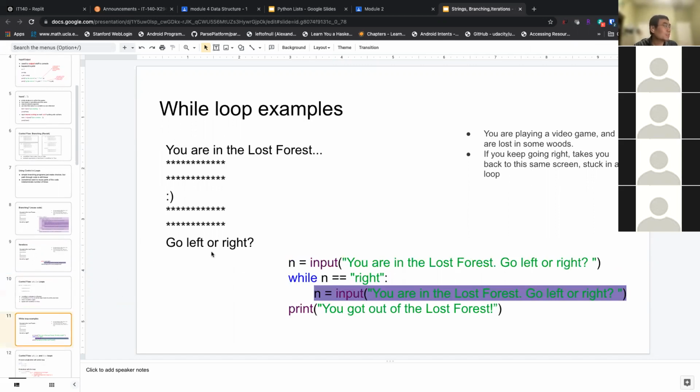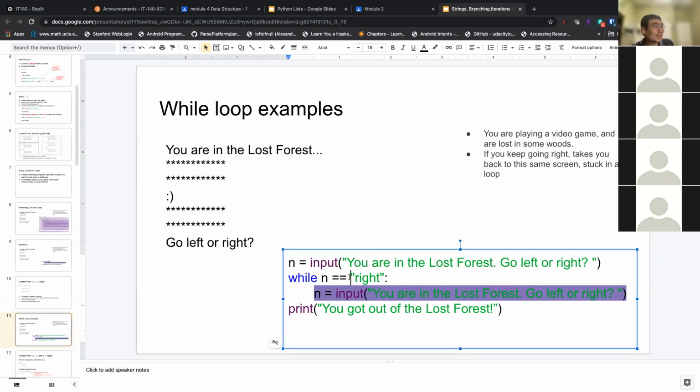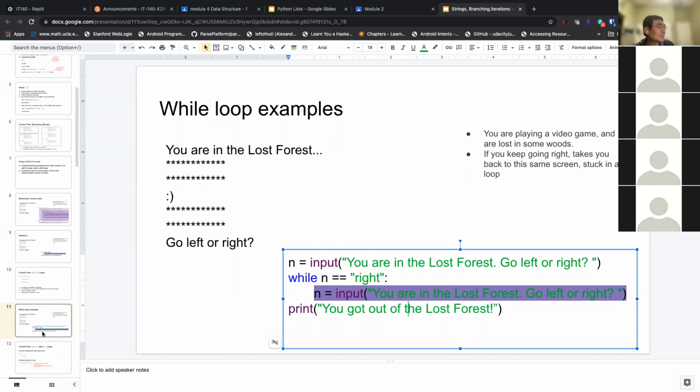Just so you know. Sorry, the while loop can also be used as a check for user input sometimes, right? Because users are terrible. They always give you the wrong input that's unexpected in a program. So you will kindly remind them: if you're not giving me the right answer, you will keep prompting the user, saying, can you give me a good answer? And if you get a good answer, then you can say, you're good. So that's one construct.